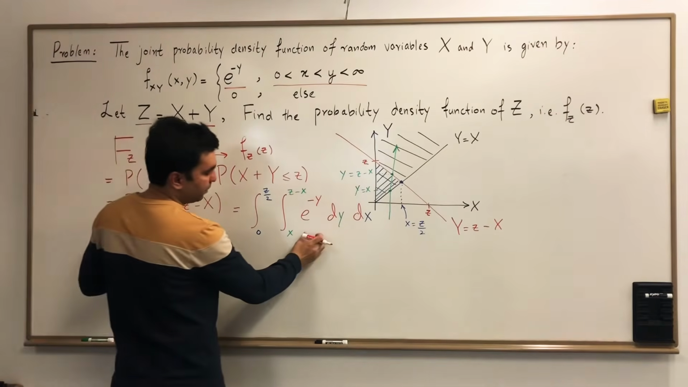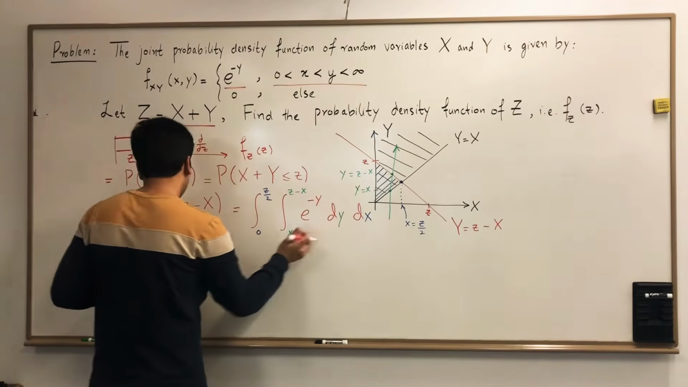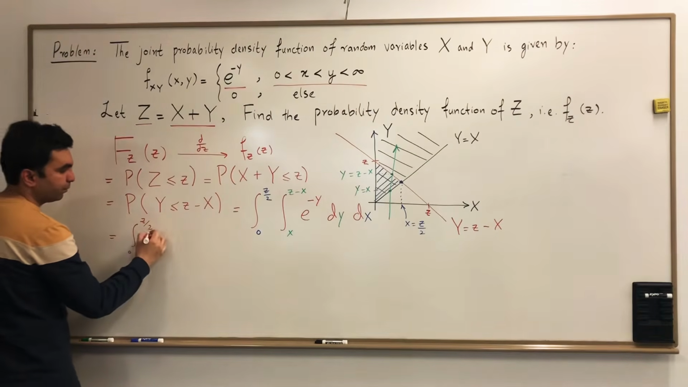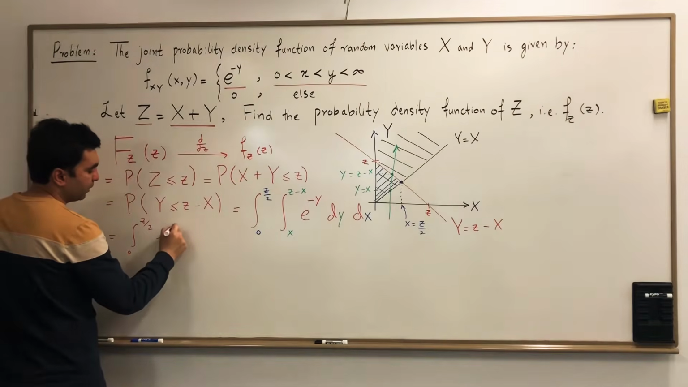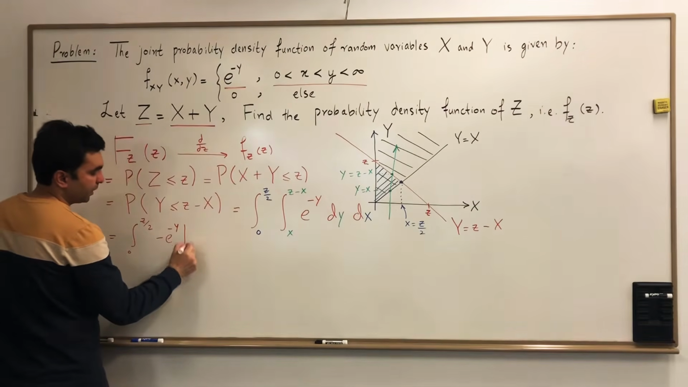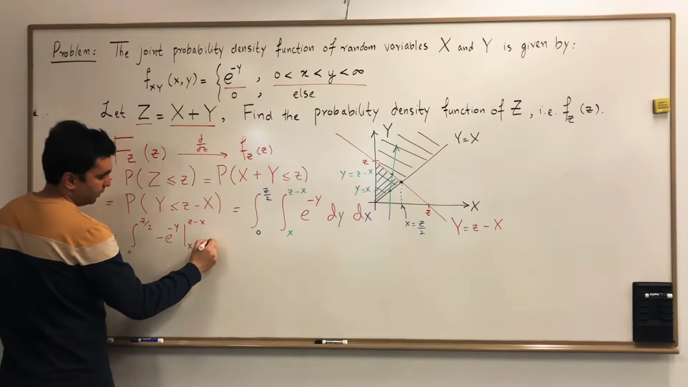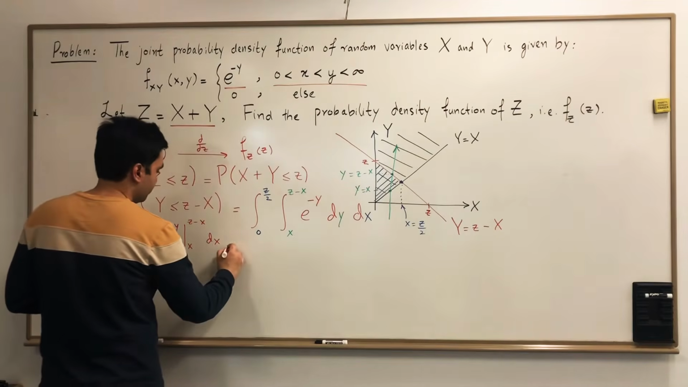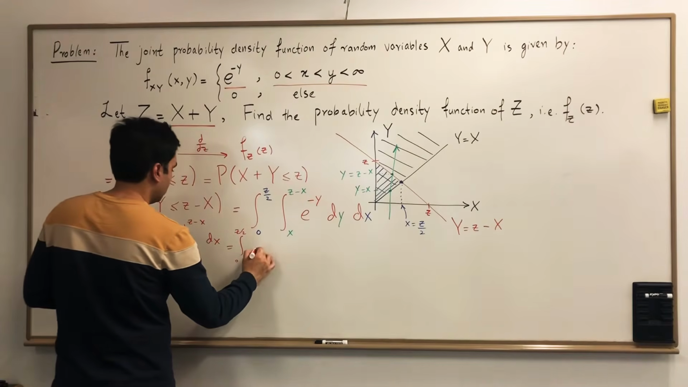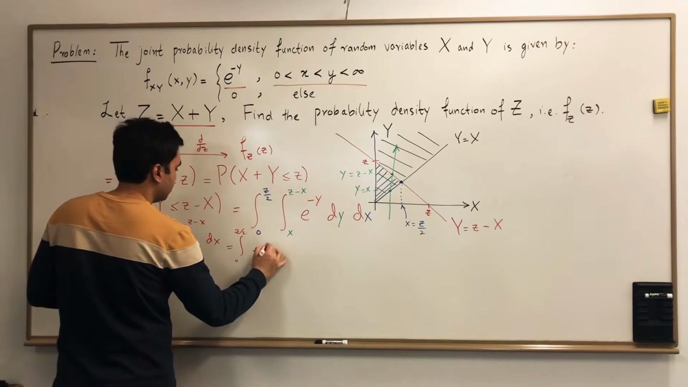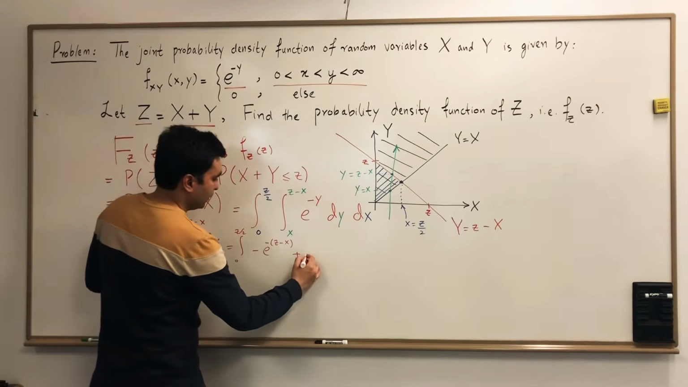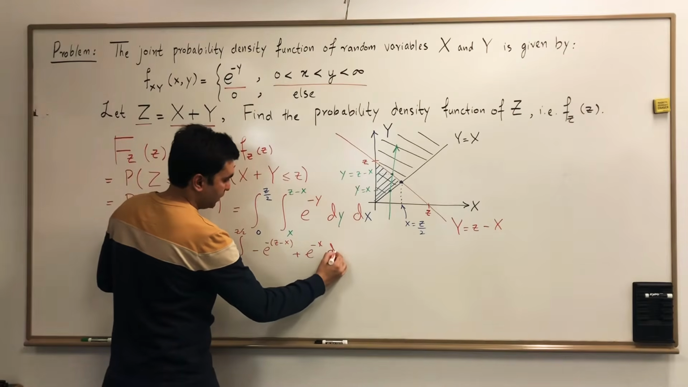The inner integration is simple because there is just this exponential function, which gives you, integral from 0 to z over 2 of negative e to the negative y with the limits from x to z minus x, and then we have dx, which becomes the integral from 0 to z over 2 of minus e to the negative (z minus x) plus e to the negative x dx,